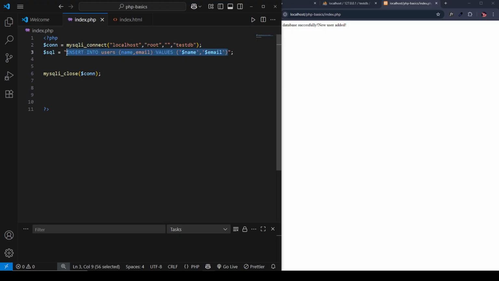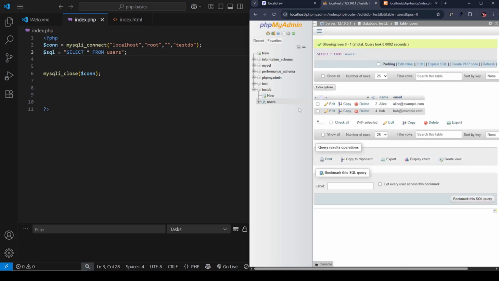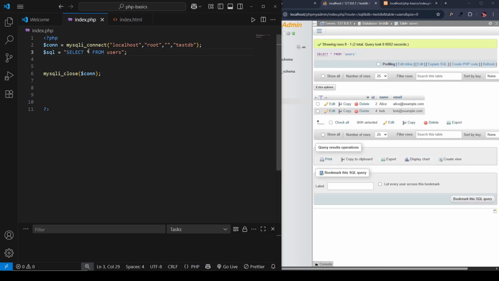And as for our query, we will learn a select query. So we'll select everything, and that is star. Select everything from our users table. So our table name is users, so select all from users, and that is basically our query. Now as for running the query, we'll store this result in a variable called result, and we will run mysqli_query,